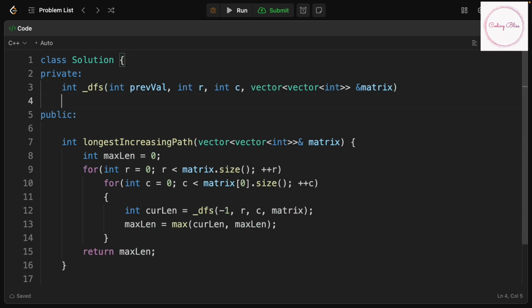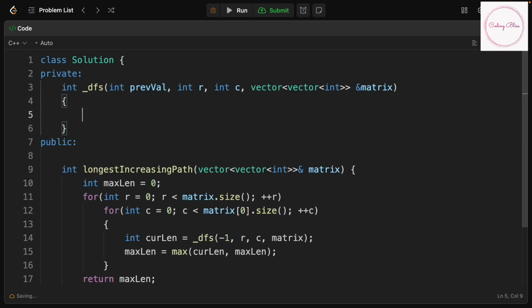Now if you see here, first we have to see whether, because we have 4 degrees of freedom, we have to validate the index. So we can just put a generic